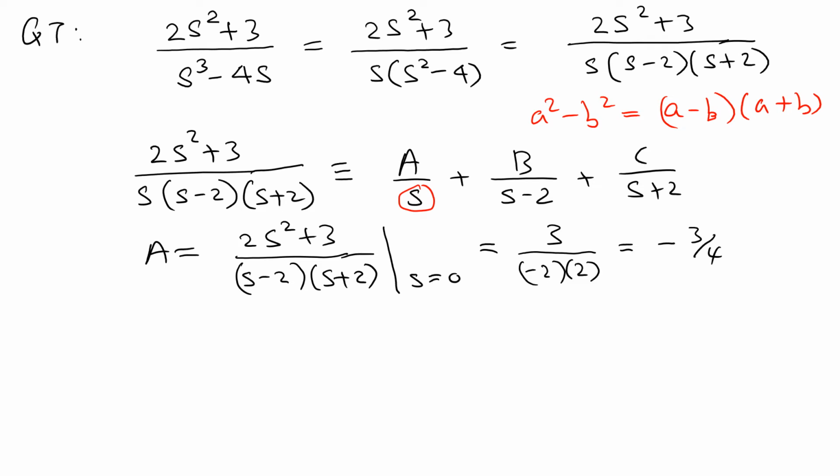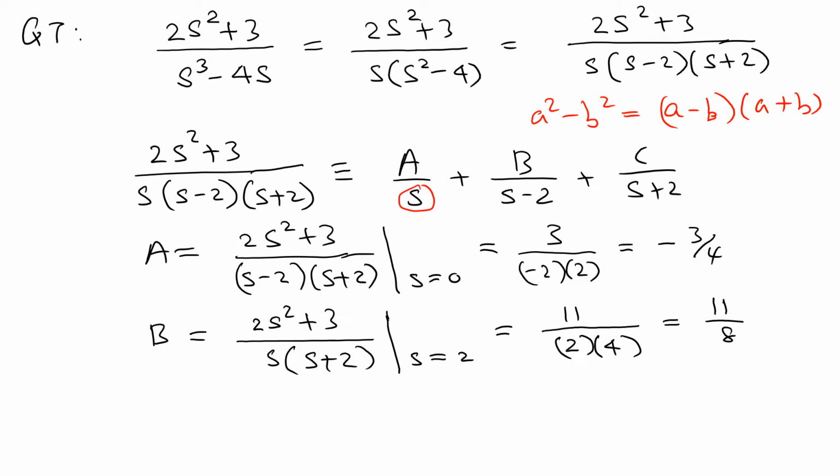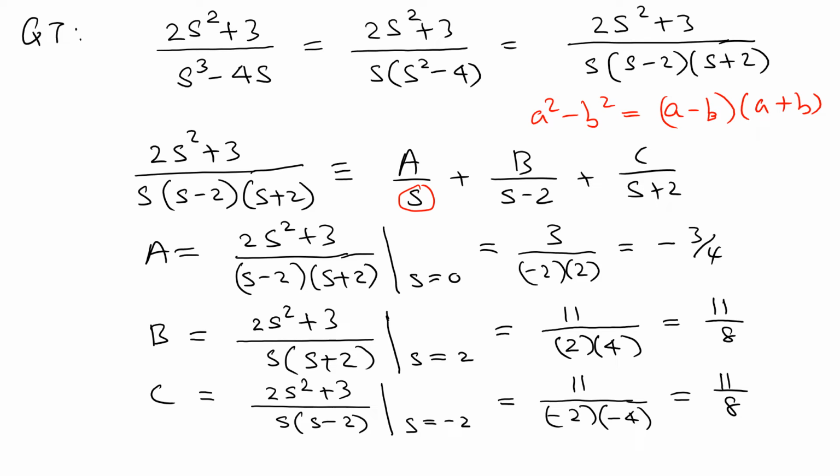So you get this. And similarly, for c, you get this. And then if you plug in the values, you can write it like this. So we have 2s squared plus 3 over s cubed minus 4s equal to negative 3/4